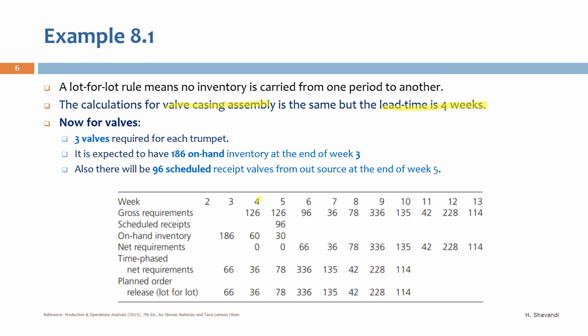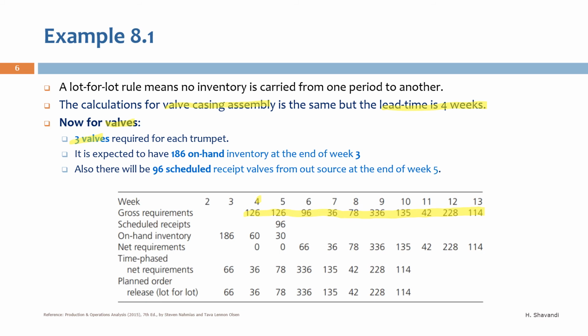So let's go down in the valve casing assembly branch and consider the valves here. We need 3 valves to produce 1 valve casing assembly. So we need to multiply the net requirements of valve casing assembly by 3,